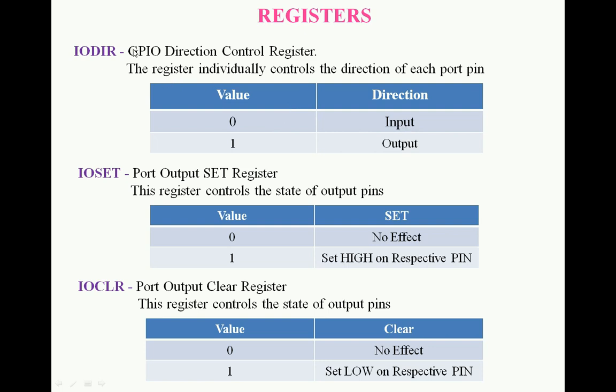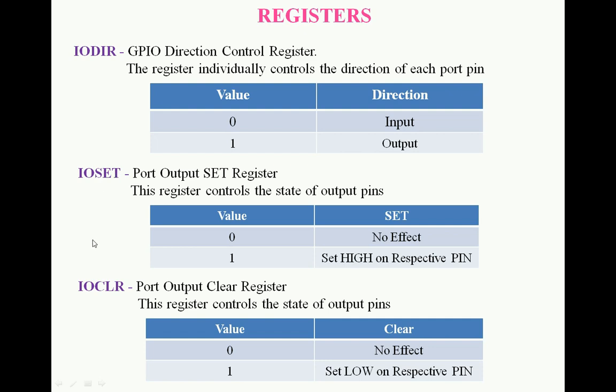So suppose you want to interface the buzzer or the motor, you have to send some signal from the processor to the output. That's why the IODIR register must be stored with all ones here, right? Those pins should be high. And the next one is IO set. Suppose we want to pass high information to the pins, then the IO set register is used.